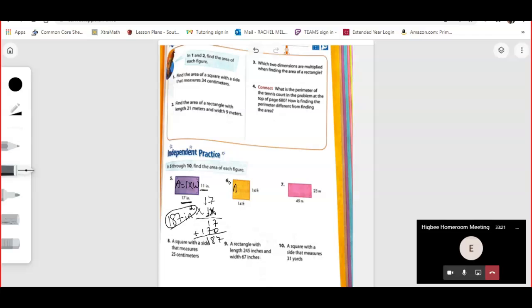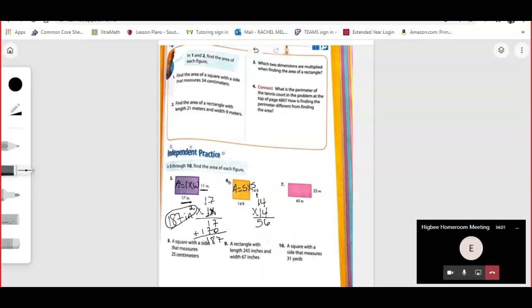So remember, that formula is side times side, okay? And again, that's because every side of a square is the same, right? So it doesn't matter which two sides I pick. So I'm going to do 14 times 14. Okay, 4 times 4, 16. Okay, I'm going to regroup my 1 over here. 4 times 1, 4, plus my